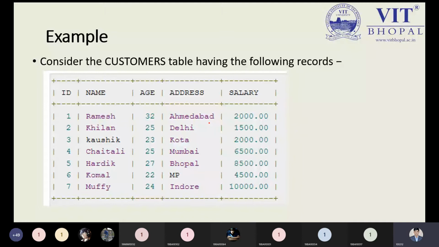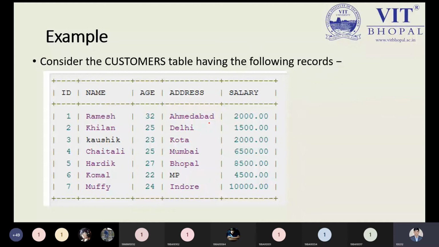But before explaining anything over here, you have to keep in mind a few things, which are some rules of creating the view. We know how to create the view by using the create view command. There is no issue. But here you can see we don't have a null value. So while creating the view, you have to keep in mind that the relation of the table must not contain a null value. That is a part of the rule. I will tell you, but let us understand the example first, and then we will see what the various rules for creating the view are.